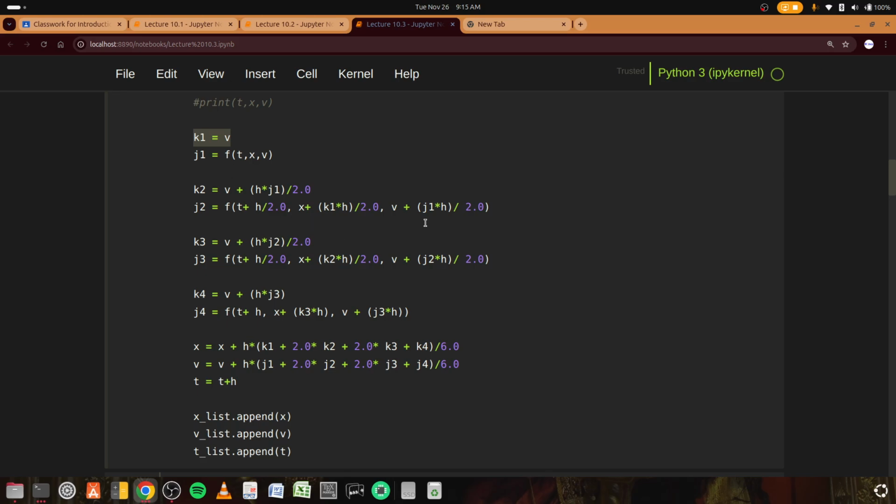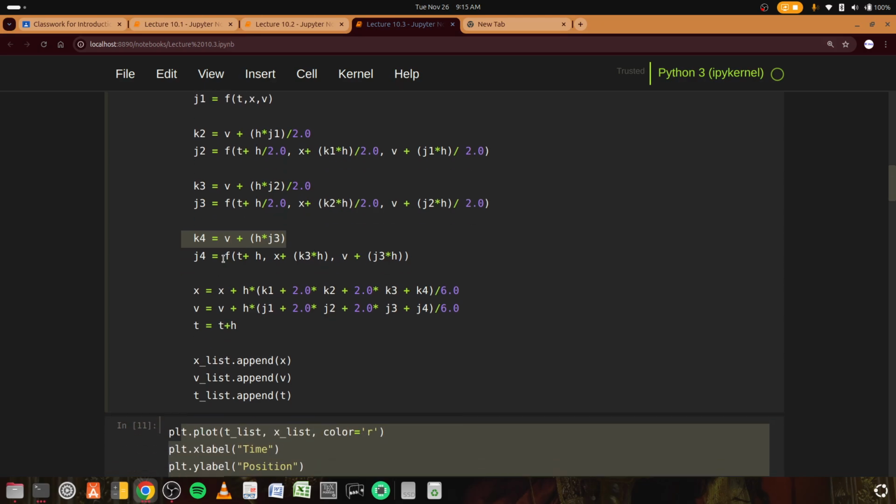But you are incrementing the velocity using these j1 values. Similarly here, you are incrementing again the velocity, then you are incrementing the position using the k2 value, and incrementing the velocity using the j2 value, right? And similarly here we are finding the k4, and here it will be j4, and here incrementing x using the k3 value, and v value using the j3 to find k4 and j4,